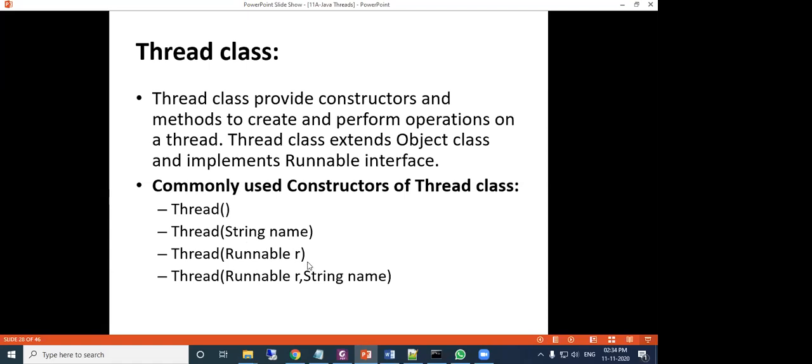Then Thread with a Runnable, where you can pass a Runnable interface object to the Thread class. The last one is Thread with Runnable and string name. So four types of constructors are there in Thread: without parameter, with string, with Runnable parameter, and with Runnable and string.